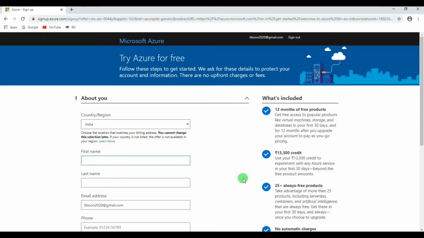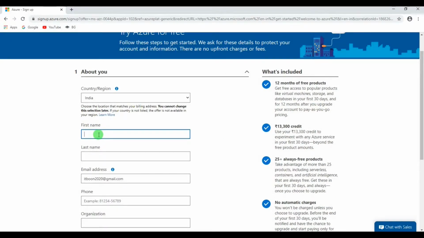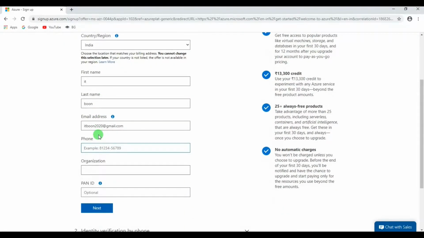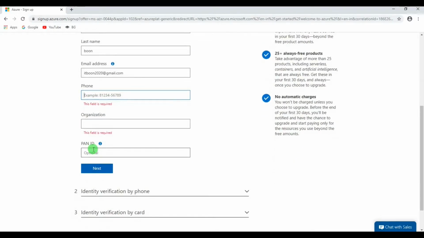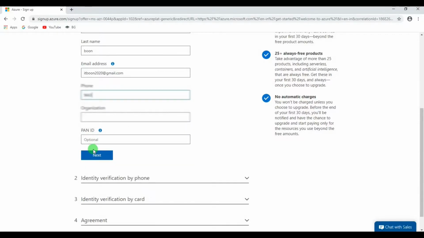Okay, so on the next form you have to enter your country, first name, last name, email address and phone number, and which company you work for if you want to reveal, and you can put it as personal. Let me click on next by skipping all these options, but phone number is mandatory here, we have to enter. You can skip the PAN ID and organization if you wish. Yeah, even organization is also a mandatory field, we have to enter some information there. I'm just entering my mobile number, and I say it's a personal account. On PAN I'll leave it empty, it's not mandatory.